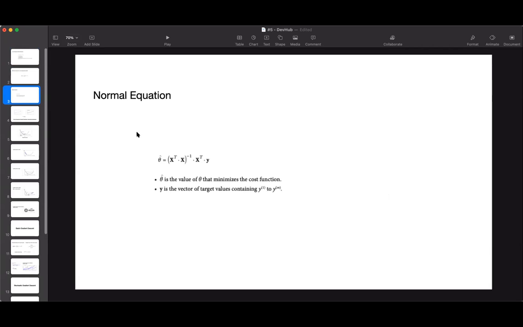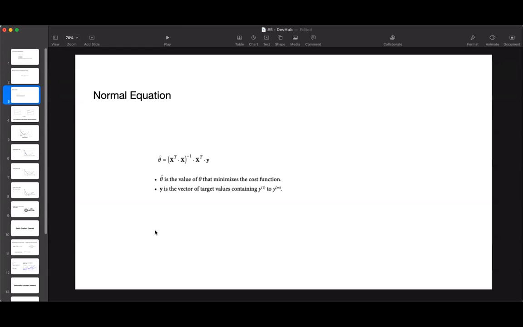Now, next we saw another equation known as the normal equation. To find the value of theta, to set the model parameters that minimize the cost function, there are basically two types of solutions. The first one is the normal equation, also known as the closed form solution. Using this, we can get the set of theta values directly without any iterations or steps. We just put the given values into this equation, and it gives the set of theta values for which the model would perform the best.